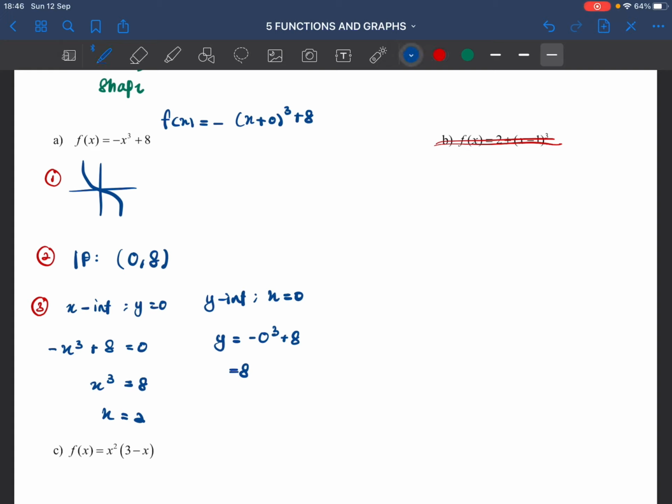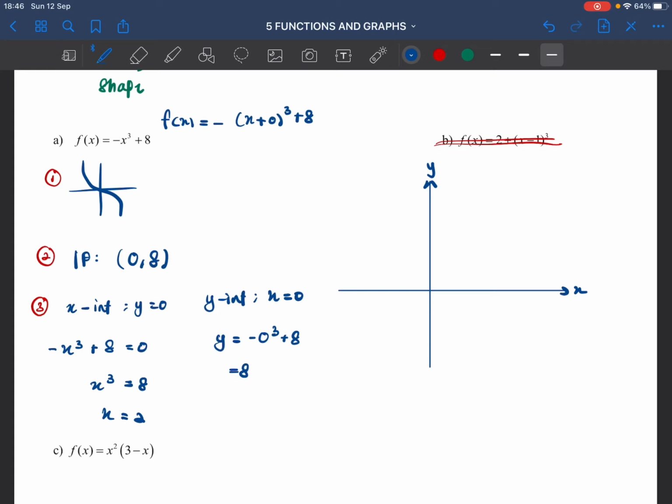So we draw our function here. Sketch your function, draw your x-axis, y-axis. Make sure to write your x and y. Every time I sketch a graph, I will remind you: x and y. So please don't forget. Okay, so the first thing,